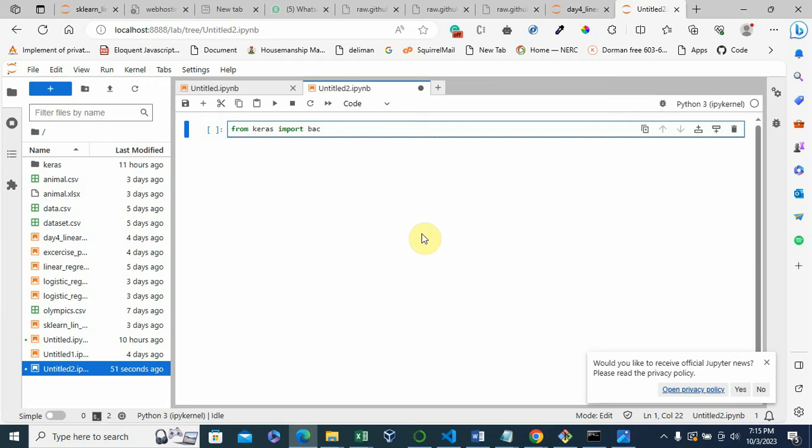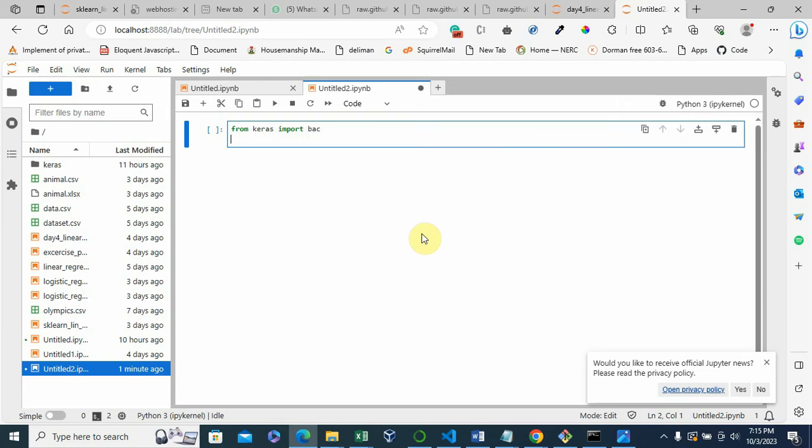Keras is a framework. As I mentioned earlier, it's standalone. It is able to use two types of backend. One backend is called TensorFlow, which we have installed. It can also use Theano as a backend. Theano is spelled T-H-E-A-N-O.